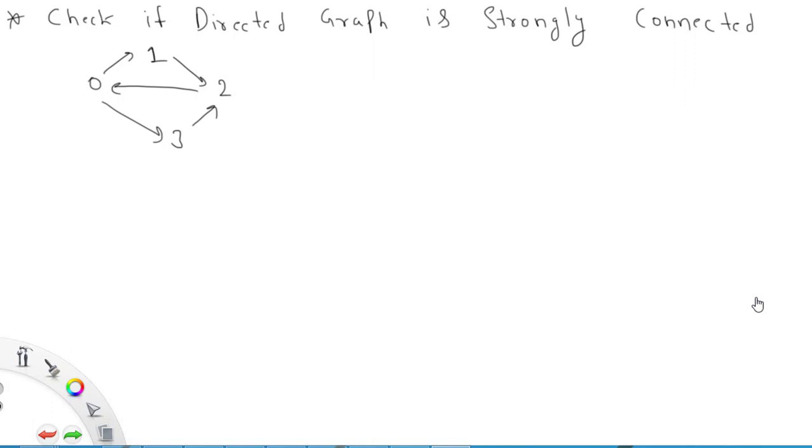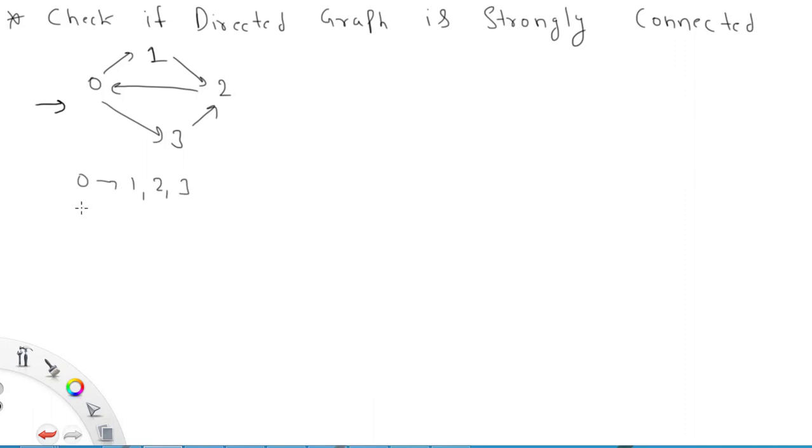the graph. So if you see this example, from 0 I can reach to 1, then from 0 I can reach to 2 also, because there is a path from 0 to 1, then 1 to 3. Then I can reach to 3 also. How? From 0 to 3 I can also reach. So it means from 0 I can reach to 1, 2 and 3.